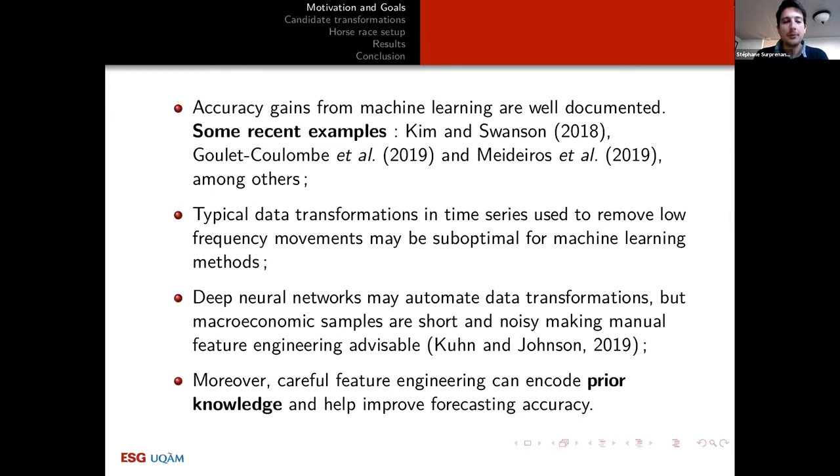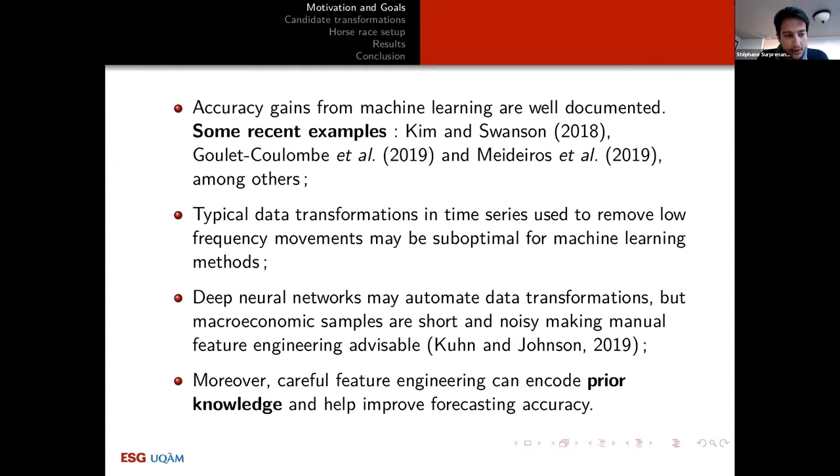Now, there's a very ample literature that has grown in the past decade on the possibility of making accuracy gains along different types of metrics when you're conducting forecasting, whether in macroeconomics or finance, using machine learning algorithms. I've put there some of the more recent papers, but there are many others. I could fill up quite a few slides with that. But what we're interested in here today is not so much the algorithms themselves, but what happens when you change what you put in those algorithms when you're conducting your forecasting experiments. And there's basically two directions where you might think there could be gains to be had in